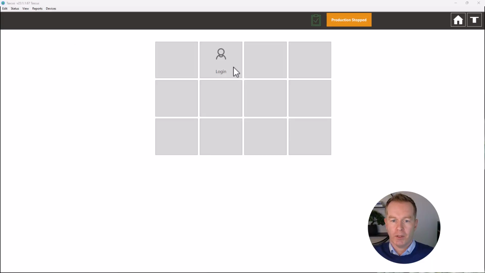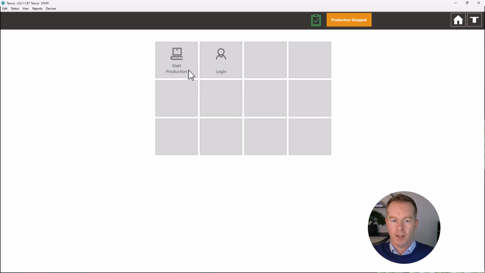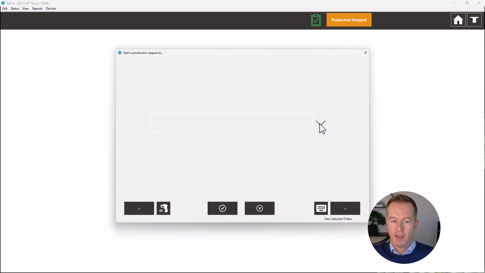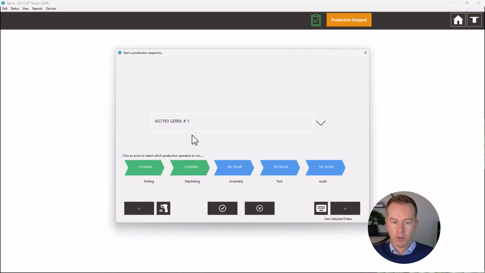Okay, so we're here inside Tascus. I'm going to log in as an operator first, and I'm allowed to start production, so I'm going to click on that. How this loads up is I have a list of work orders here for items that have been loaded into the system. So I'm going to pick one of those. Then the routing immediately loads up, and that shows me that I've got to do 5 operations in total on